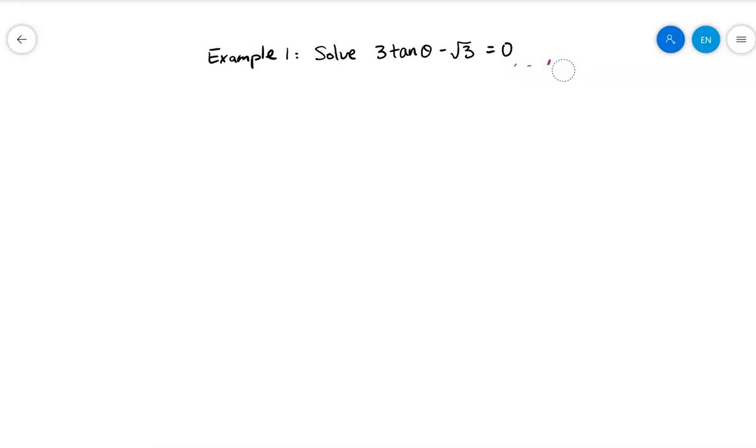So the example we have is 3 times tangent theta minus square root 3 equal to 0. To solve it, we're going to solve as usual. First I'm going to add the square root 3 on both sides. So I get 3 times tangent theta equal to square root 3, divided by 3, so I can have tangent of theta by itself. Now tangent of theta equals square root of 3 over 3. I cannot simplify it further to get theta by itself, but